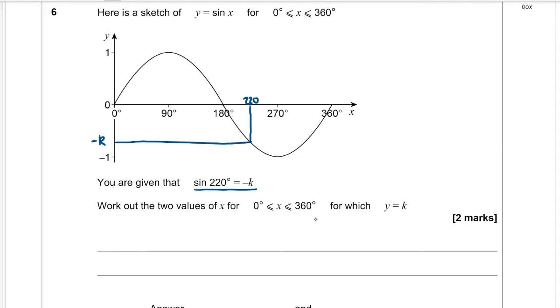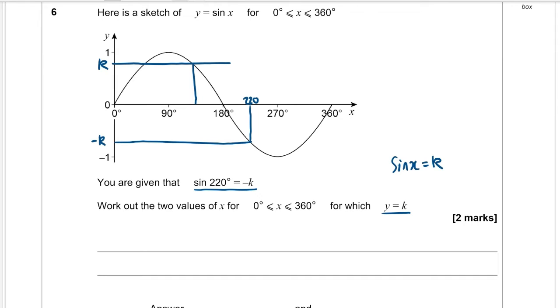And then it's going to ask me what two values of x for which y is equal to k. So on this graph y is sine x, so I want to know when sine x is equal to k. Well, this graph is completely symmetrical, and if I were to draw a line up here at positive k,